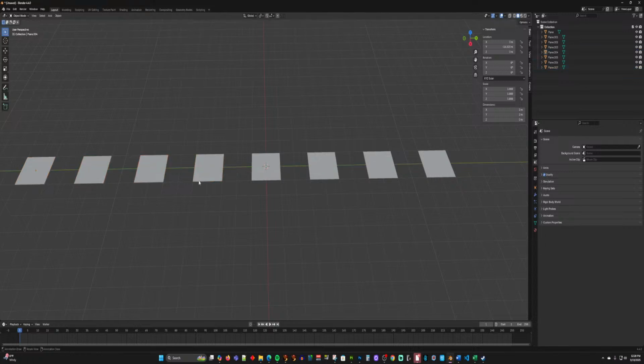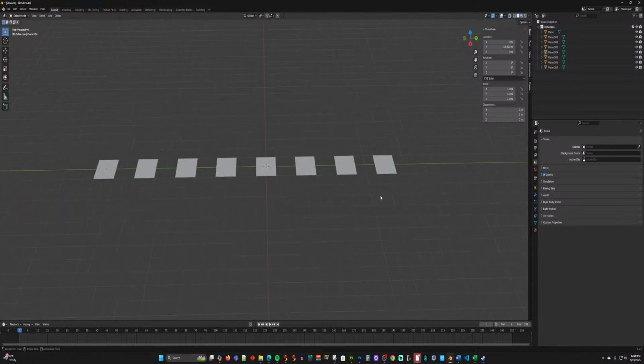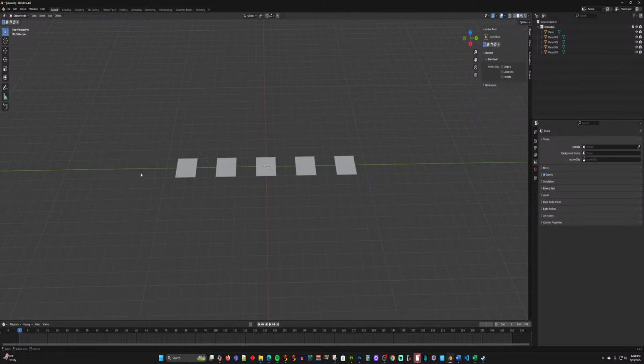Okay, 1, 2, 3, 4, 5, 6, 7, 8. I need 3 more. Actually, I don't want it to keep growing wider because it's hard to look at on the screen. So let's do maybe 1, 2, 3, 4. We'll get rid of these. 1, 2, 3, 4, 5. Let's do 5, an odd number. Delete this. So that way it's centered. So I have the middle one, 1, 2 on each side. That's 5. And I still need